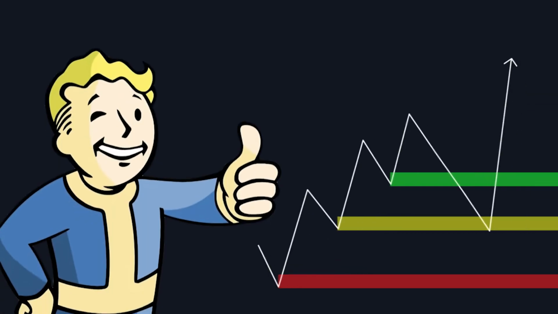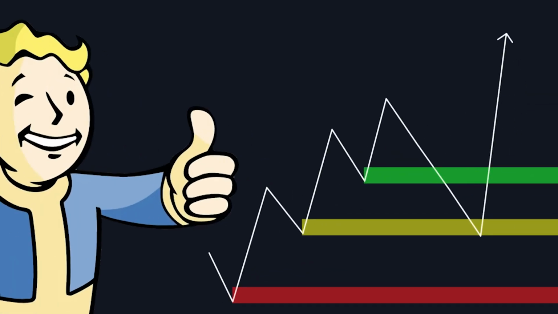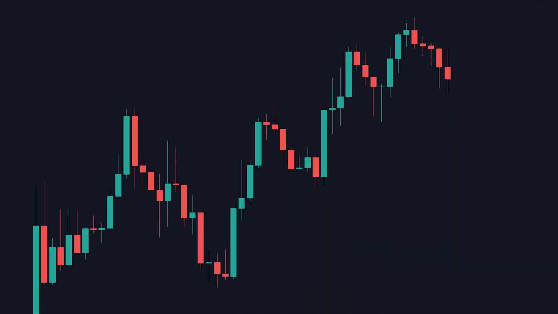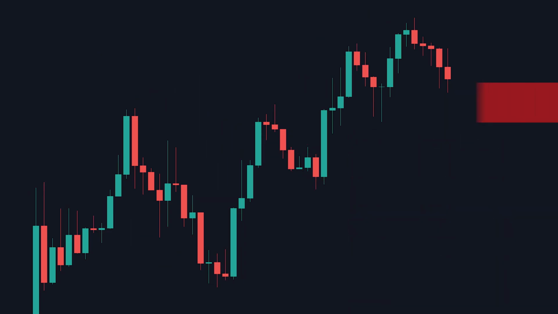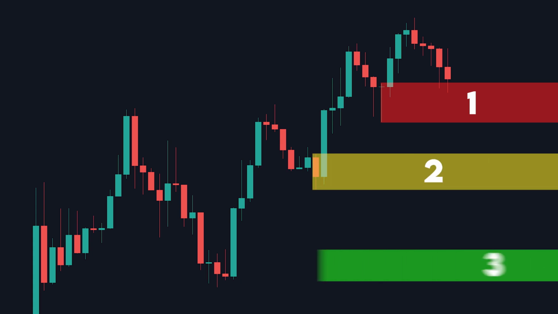Okay, let's go back to the video to a real life example using the strategy I just taught you. So here on this chart, we have a simple uptrend. We have higher highs and higher lows. During this uptrend, the chart made multiple zones we could potentially buy from. We have one demand zone right here, we have zone 2 right here, and we have the third lowest zone